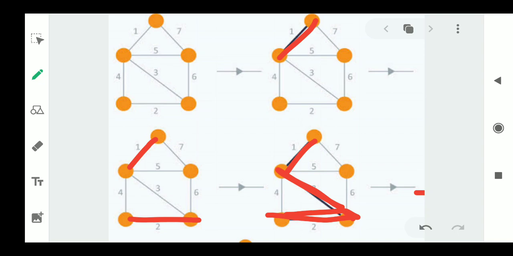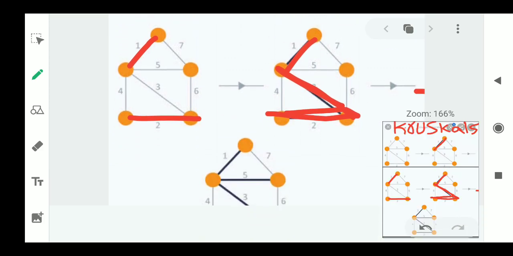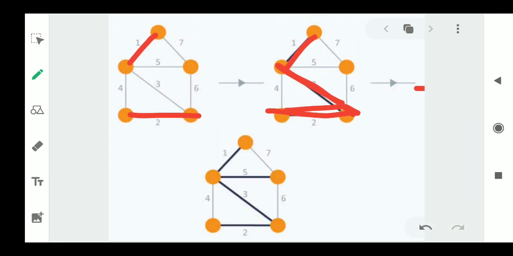So by taking 3, we are getting connections between the edges. If you do not get connections, no problem, leave it as it is. No need of connections for this. Whatever the edge you have with least cost, you please select that edge and take it. That's it. And after that, the next least cost edge is 5. That's why I have taken the edge 5.